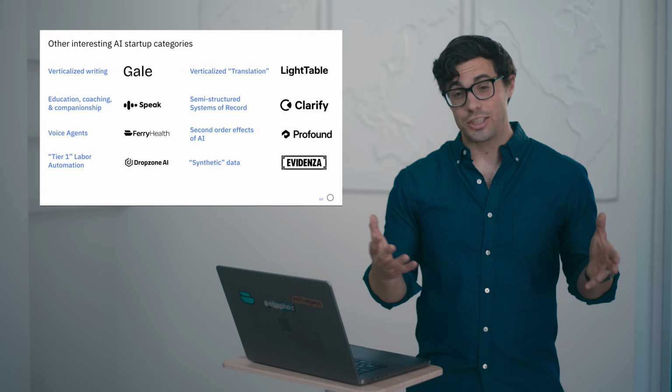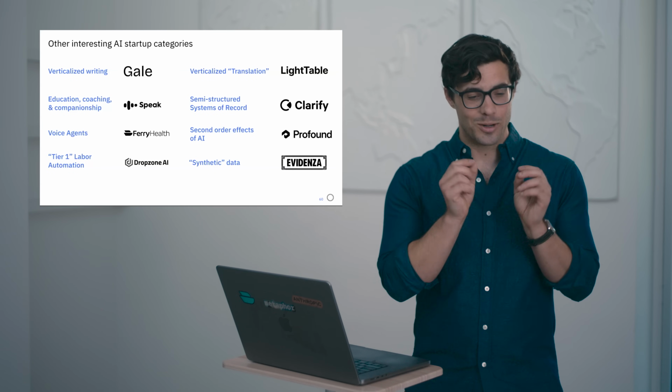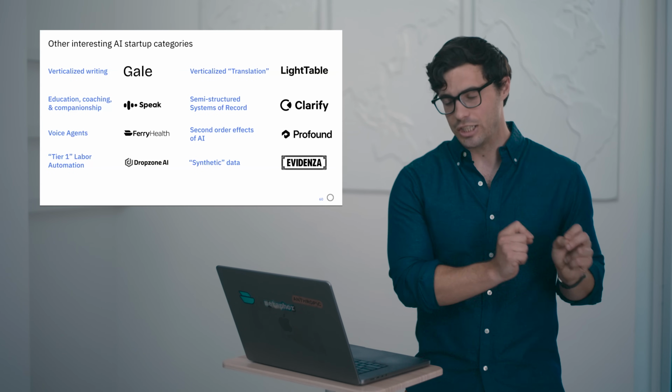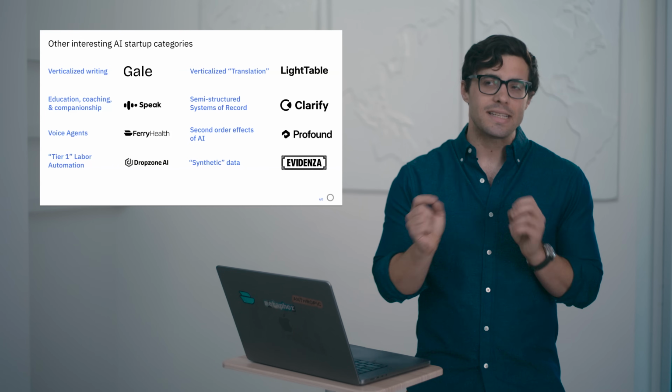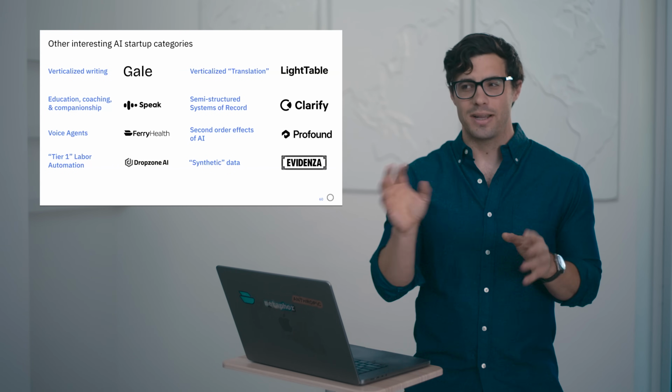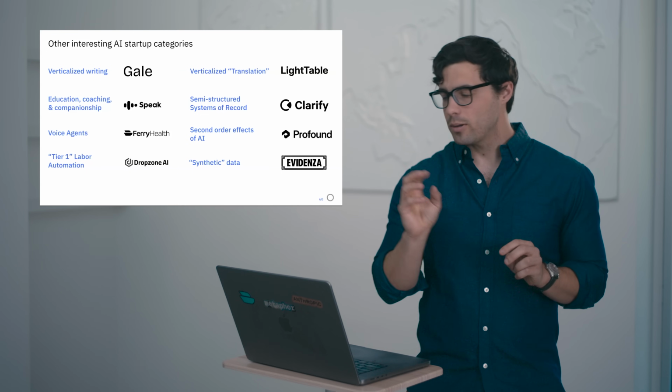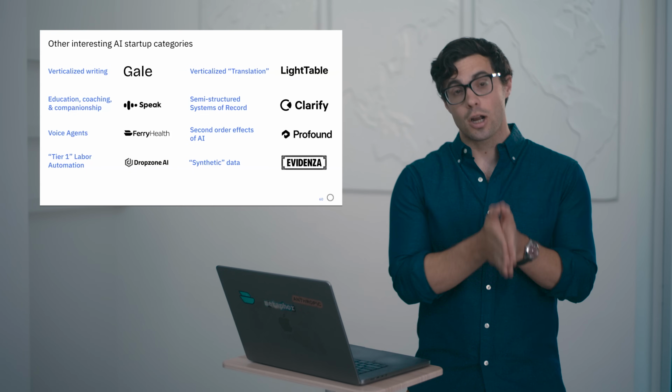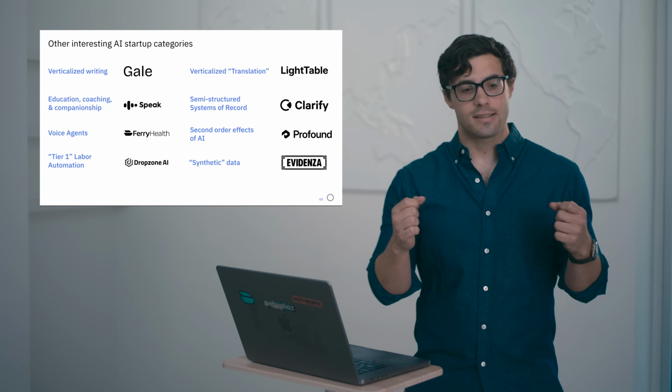LLMs are very good at translation. In fact, the transformer was originally invented to improve translation. And there's a lot of use cases where basically what you're doing is translating something, but in a maybe more nuanced way. So Lighttable, as an example, is a company in the construction space that's exploring, let's say you're designing